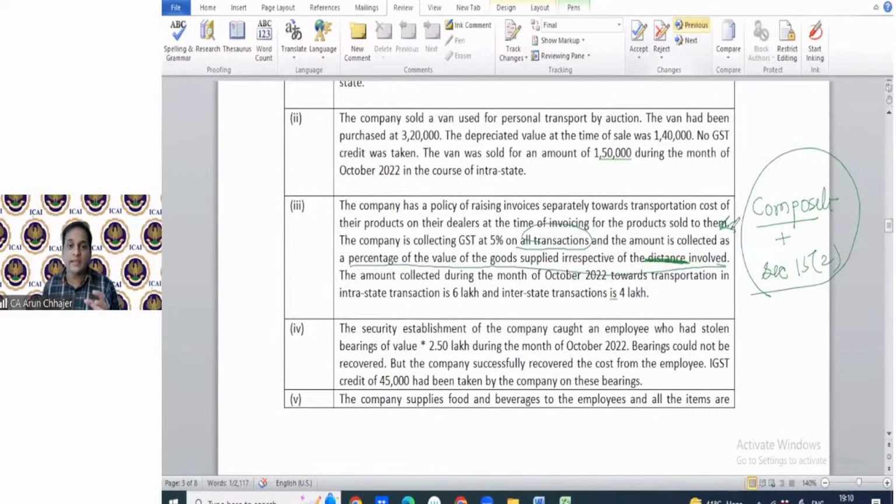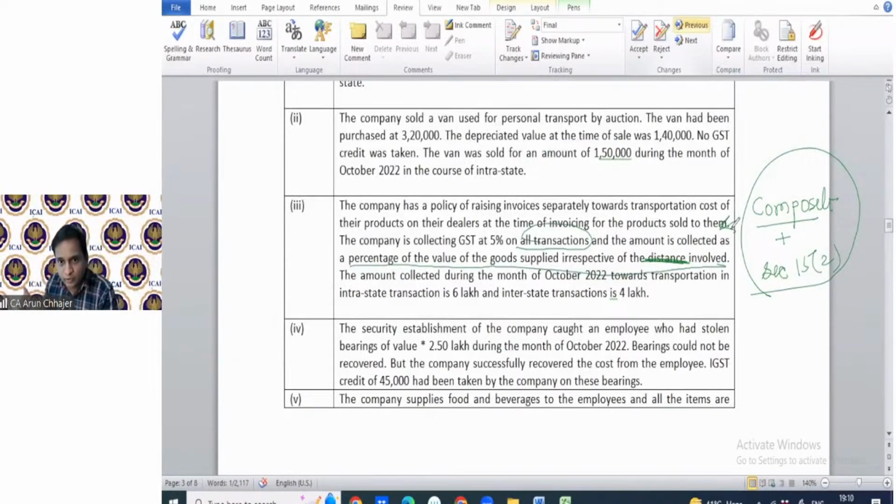Further, I can say they are raising the separate invoice and they are charging GST at the rate of 5%, but the 5% rate is available only to the transporter. In this case, because of the section 15 subsection, the value of the freight which is being collected has to be added in the value, and because of the composite supply, the rate which is applicable